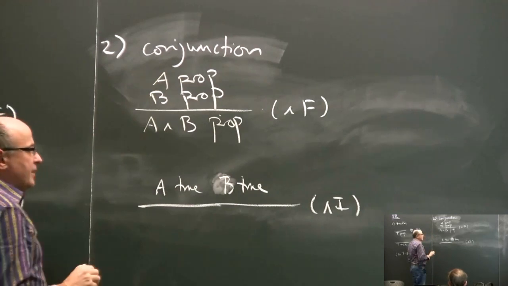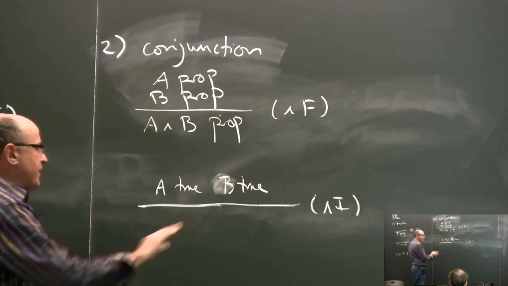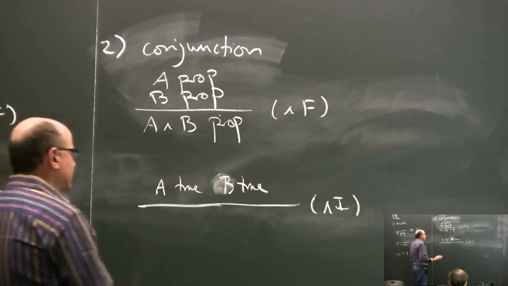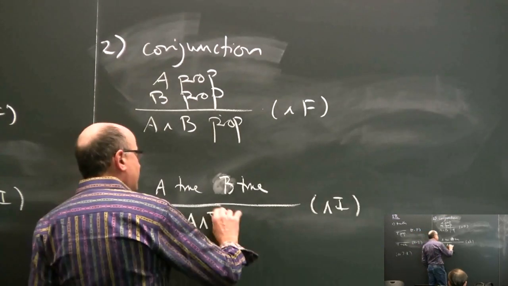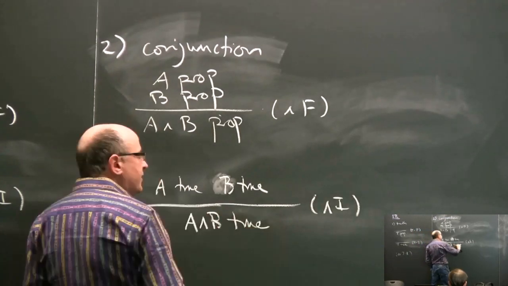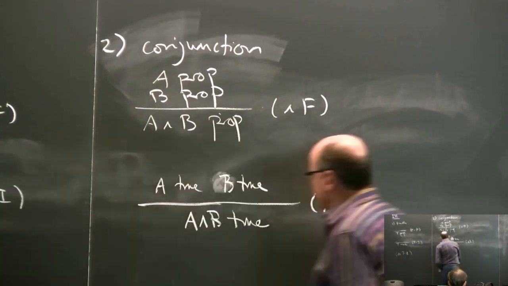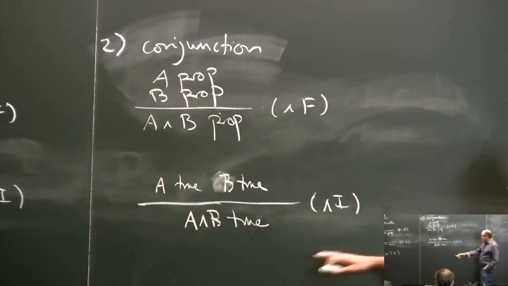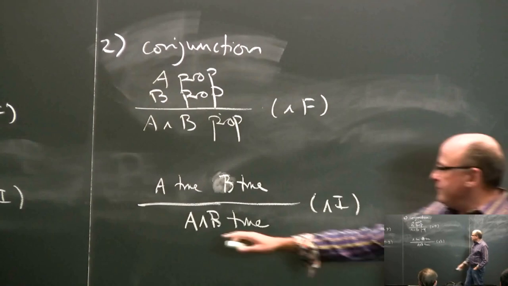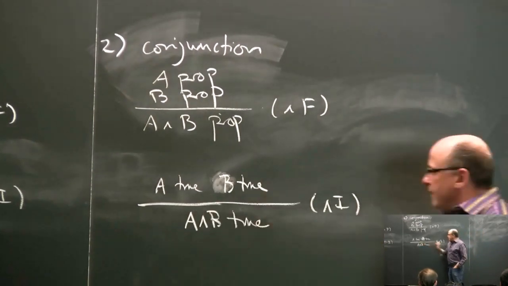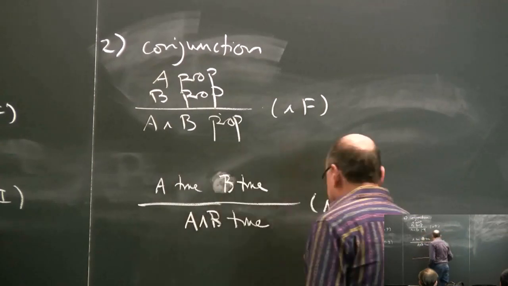For those of you who haven't seen this kind of thing before, I'm going to lead you down a garden path, and you're going to find yourself in slightly unfamiliar territory shortly. So that's why I'm doing all this. But bear with me. So right now you can go half asleep and think, oh yeah, I know all this, and then I'll show you, but maybe you don't know everything, and so we'll see. Okay, so this is the idea. Introduction says if the two conjuncts are true, then the conjunction is true. What else could you possibly imagine it to be?